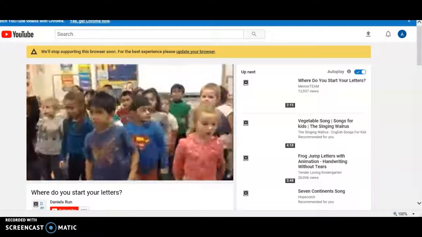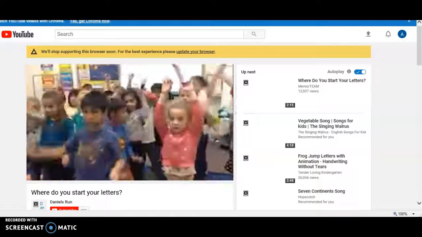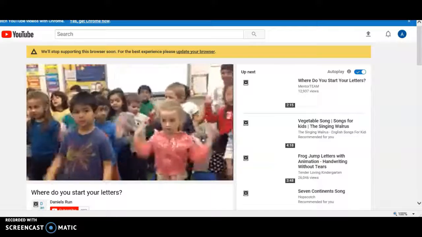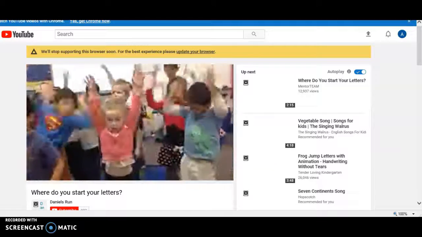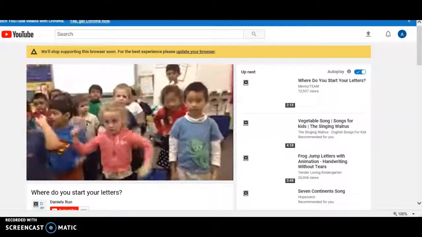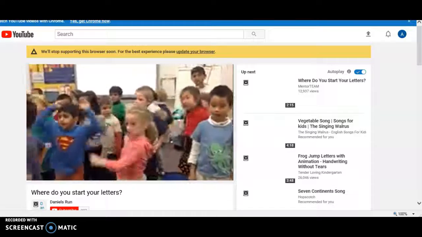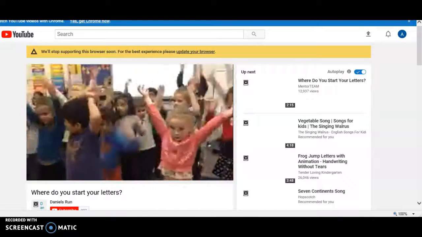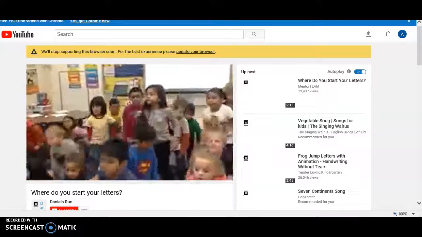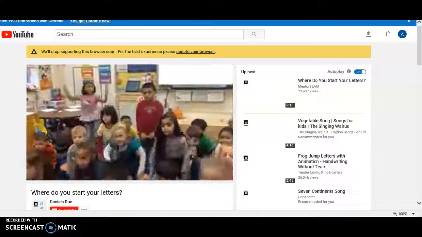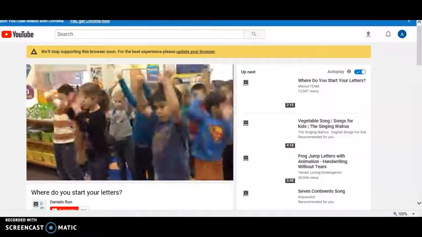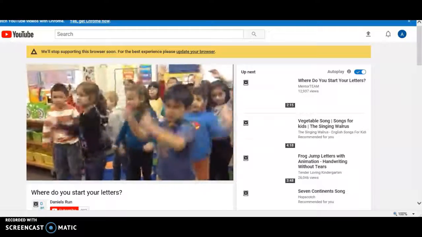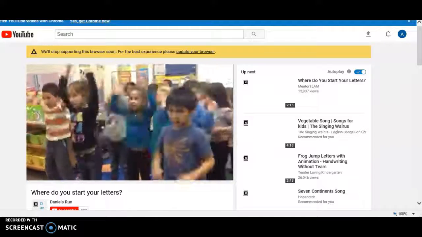Letters at the top. At the top. Where do you start your letters? At the top. Start your letters at the top. If you want to start a letter, then you better. Remember to start it at the top. Is this the top? No, it's the bottom. No, it's the middle. It's the top. Where do you start your letters? At the top. Here we go.